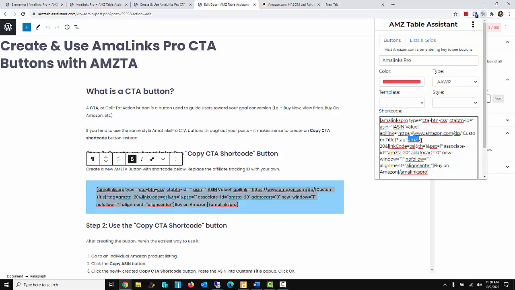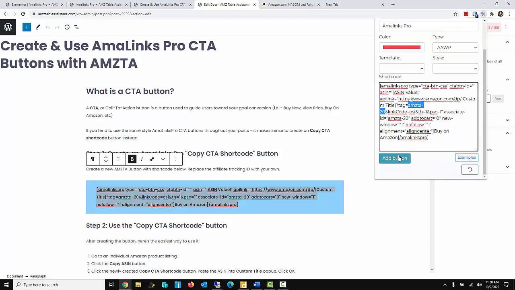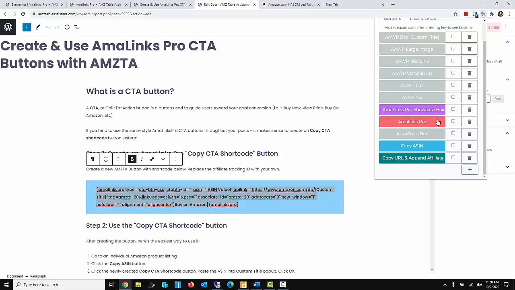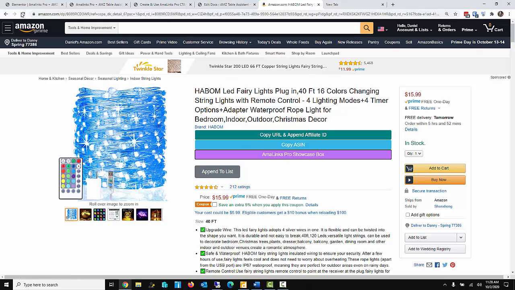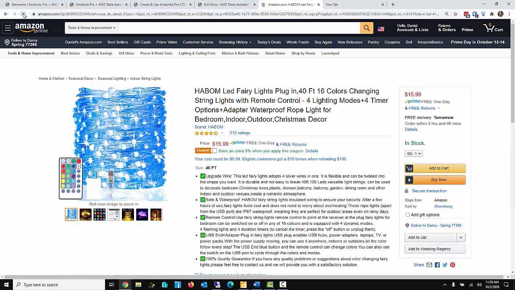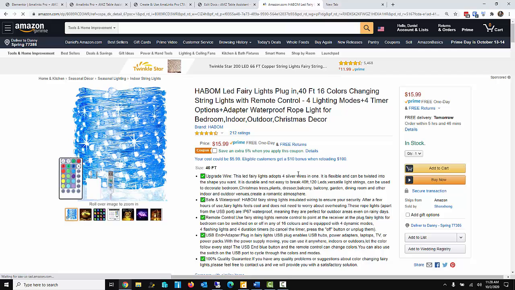The only thing you want to change in here is your affiliate ID. So change that there, and then if you wanted to change the text for your button, instead of saying buy on Amazon to check out on Amazon, you do that there. You'll click add button, click this back button, and then you'll see you have a new button here. So whenever you go to any product on Amazon, that button should now show up